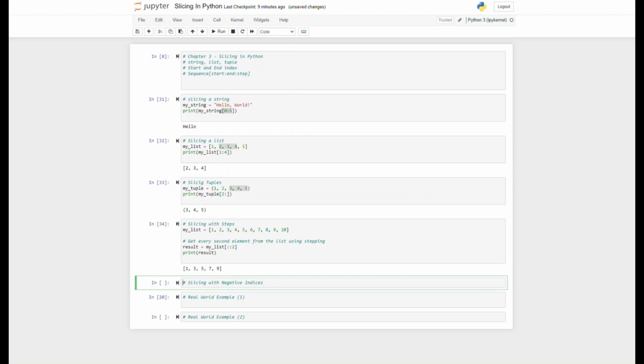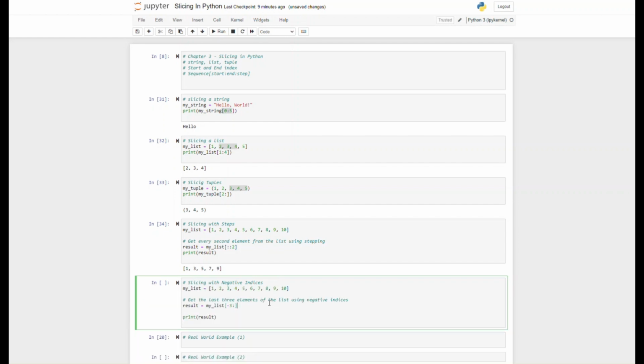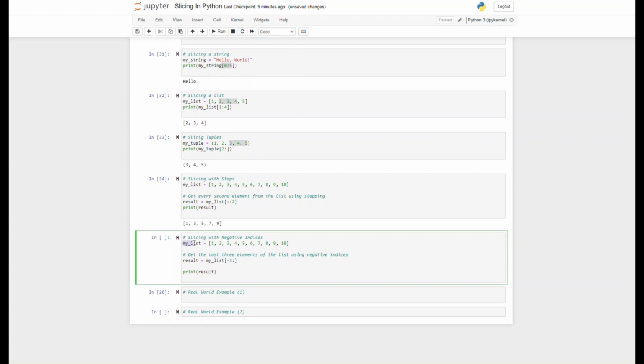You can use negative indices in slicing to start counting from the end of the sequence. For example, in the given code, we have a list called my_list containing numbers from 1 to 10. We used slicing with a negative index [-3:] to retrieve the last 3 elements of the list. When using negative indices in slicing, -1 refers to the last element, -2 refers to the second to last element,